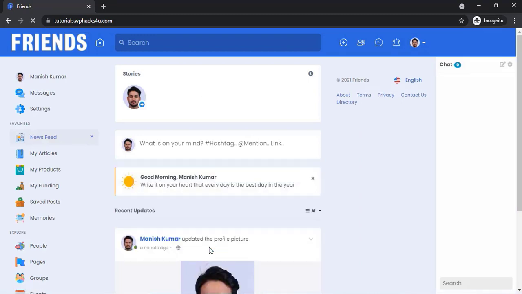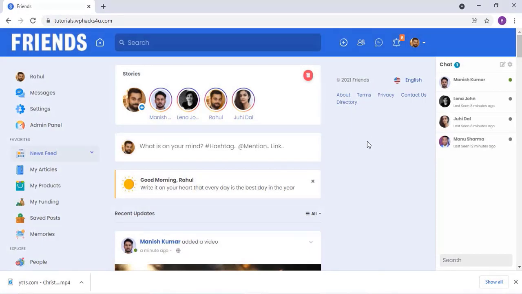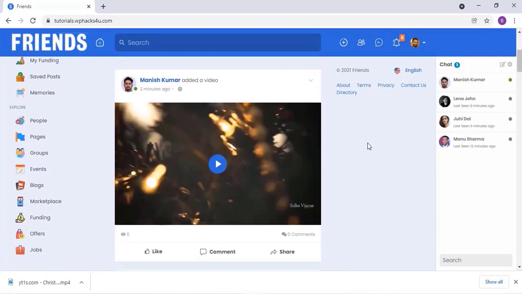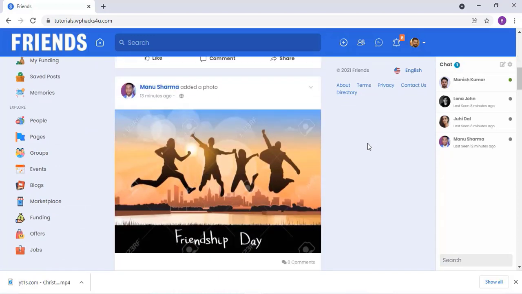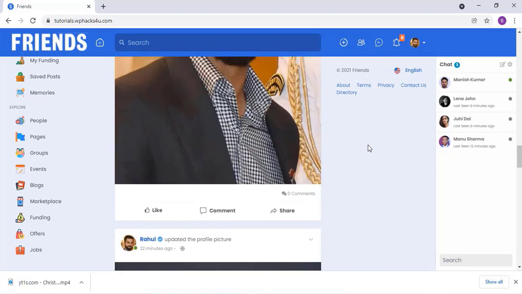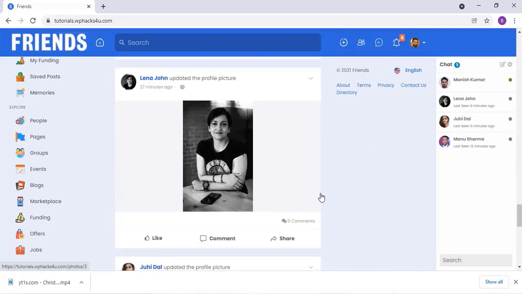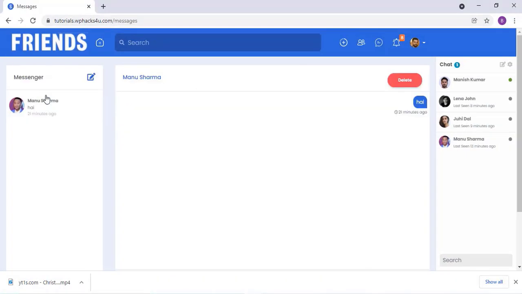Okay friends, now this is the timeline of the dashboard of each user, and you can see this is the same as the Facebook interface, and it's totally a clone copy of Facebook. So all the functions in Facebook, our website also has. Okay, now there is a chat or messenger option available,